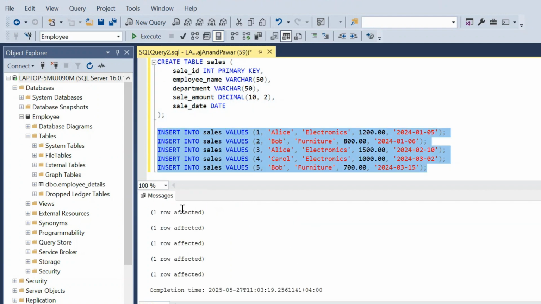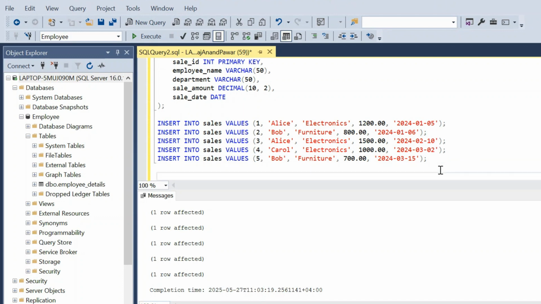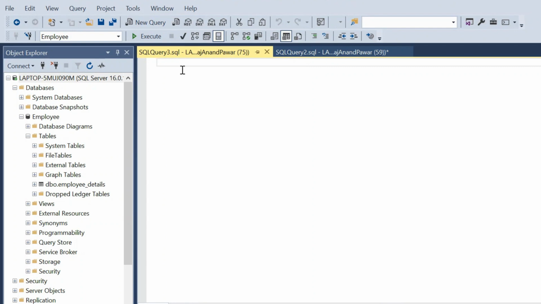So now you can see the 5 rows are affected. Now if I check this table, you can see that detail here. So for that, I'm going to create a new query here, and here I'm writing select, sorry, select star from